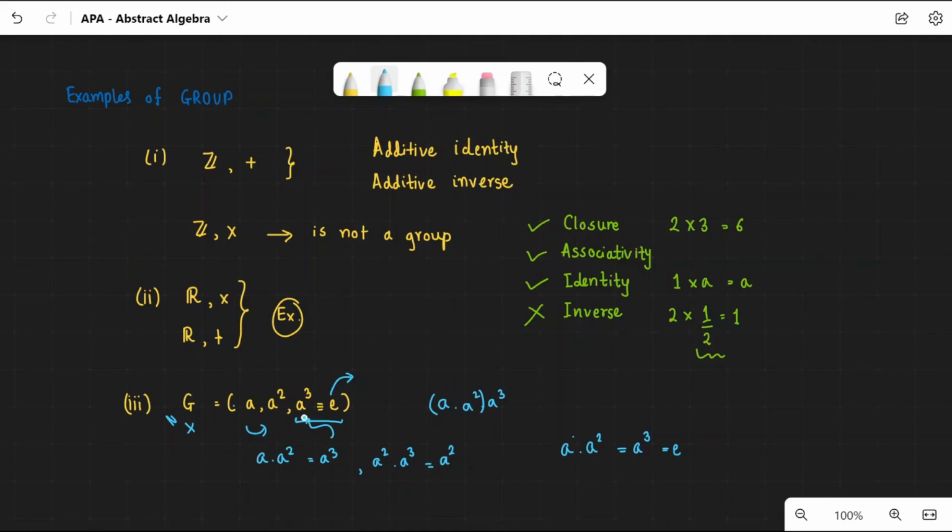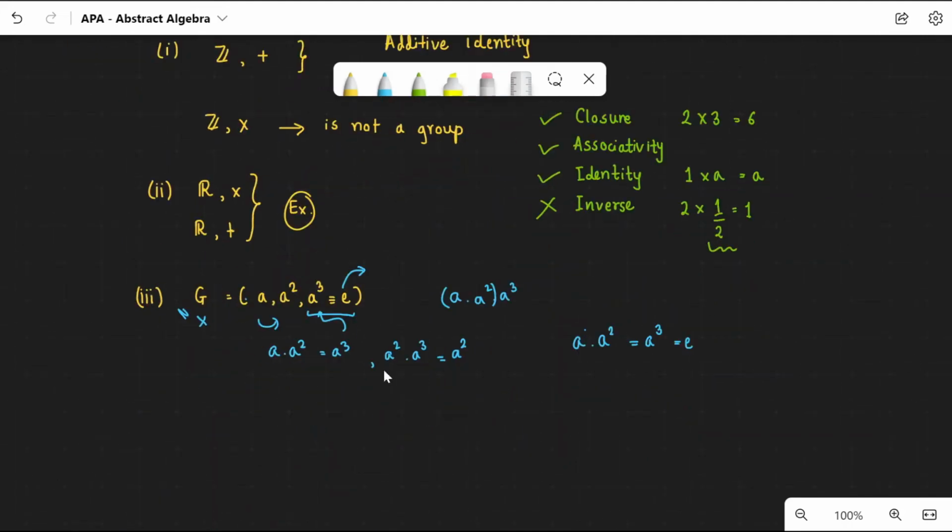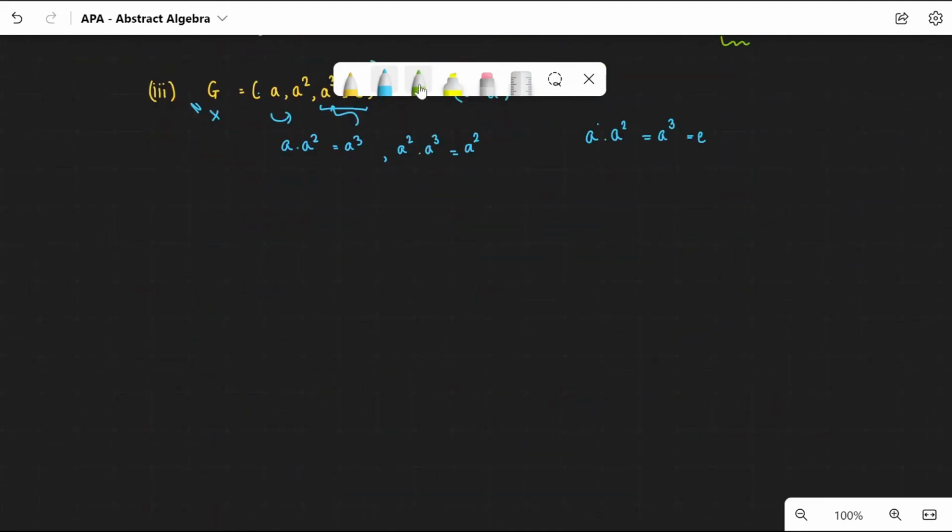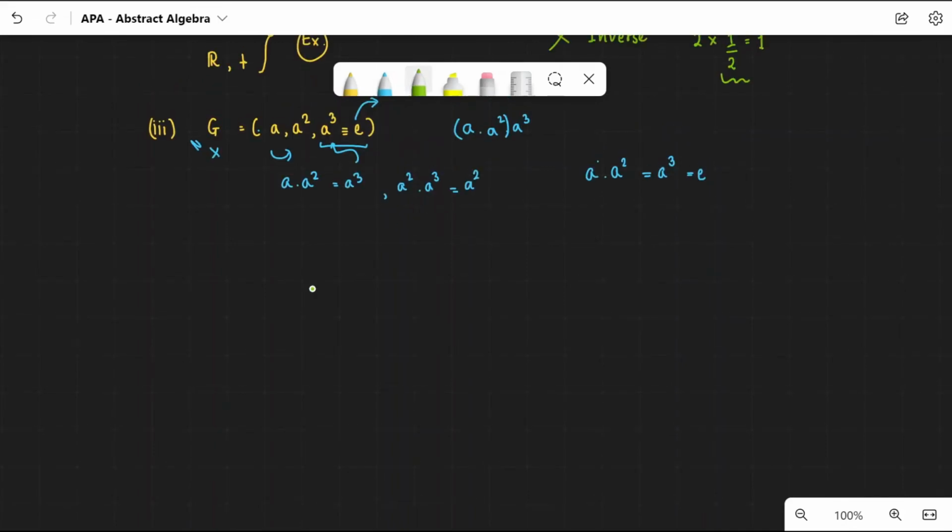But you're still stuck on this a cubed, right? I know you are, so let me just clarify that. Let me choose a different color. So each of these elements can be thought of as rotation of an equilateral triangle. If we just colored its vertices like this, let's give yellow here and the blue one here and the green here. Now if we rotate this triangle in counterclockwise direction by 120 degrees,